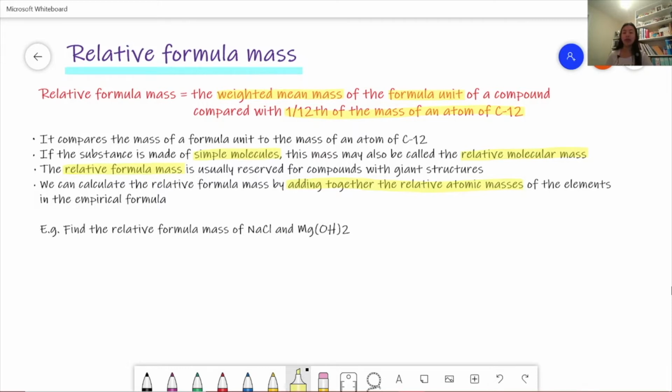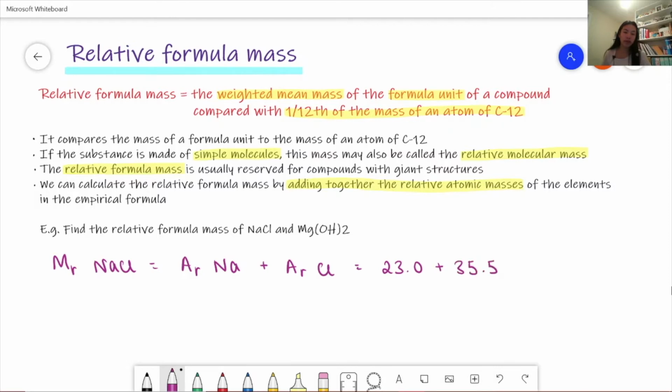So for example, if we were going to work out the relative formula mass of sodium chloride, we would have that the Mr of sodium chloride is equal to the Ar of sodium added with the Ar of chlorine. And so that equals 23.0 plus 35.5. And so that equals 58.5. And then for the Mr of magnesium hydroxide, we have Mr of magnesium hydroxide is again equal to the